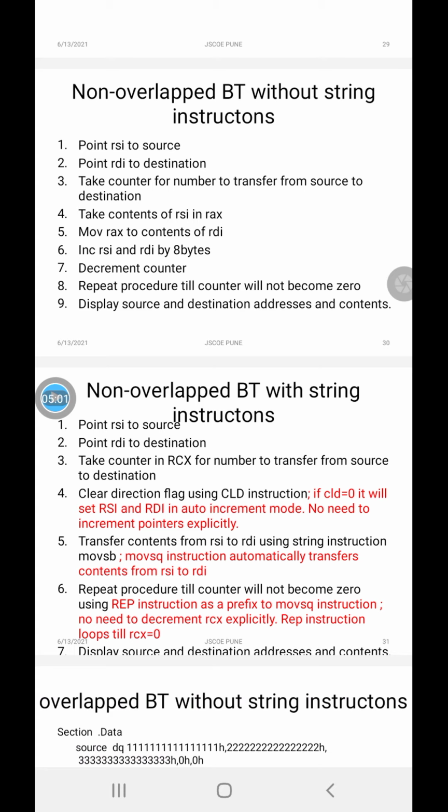So what I will do, I will take the contents of the first location of source and transfer it to the destination, but I cannot directly transfer it from source to destination because memory to memory direct transfer is not allowed. So I will first take the first contents of source and transfer it to a register.